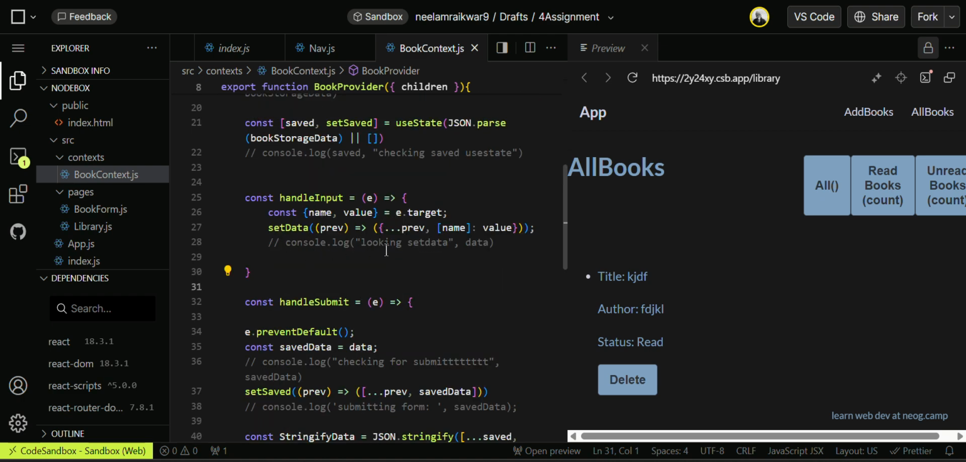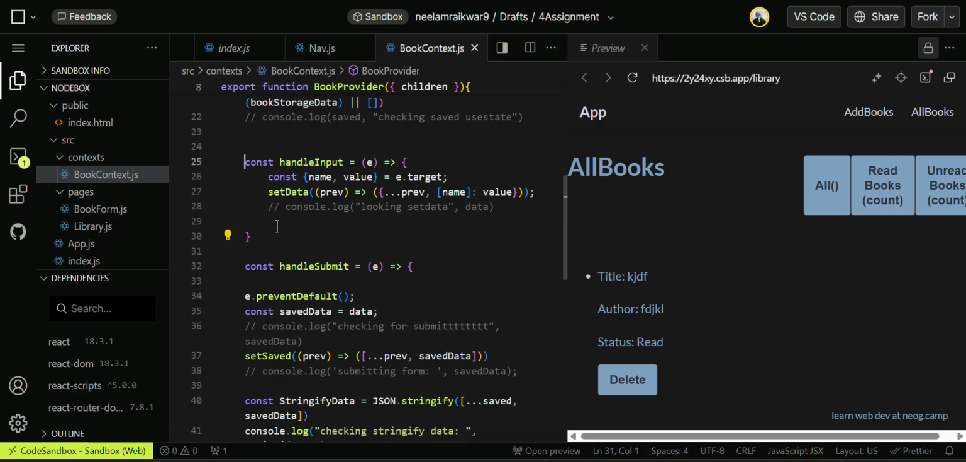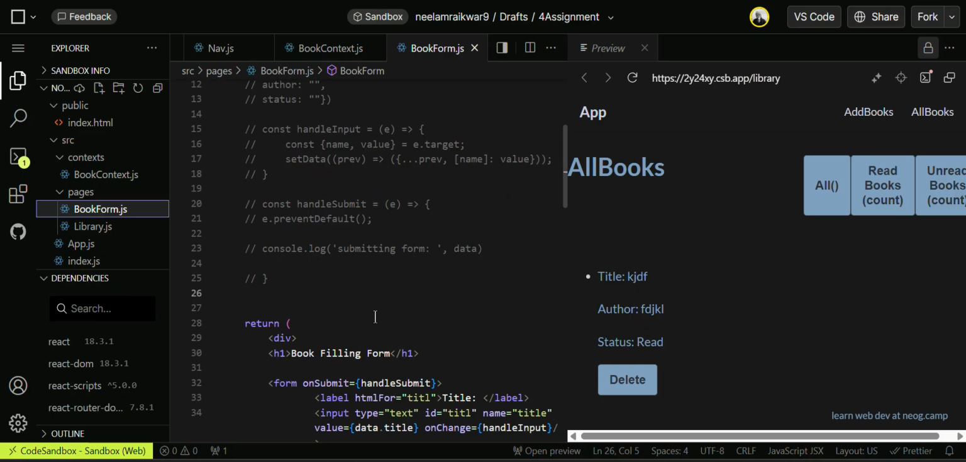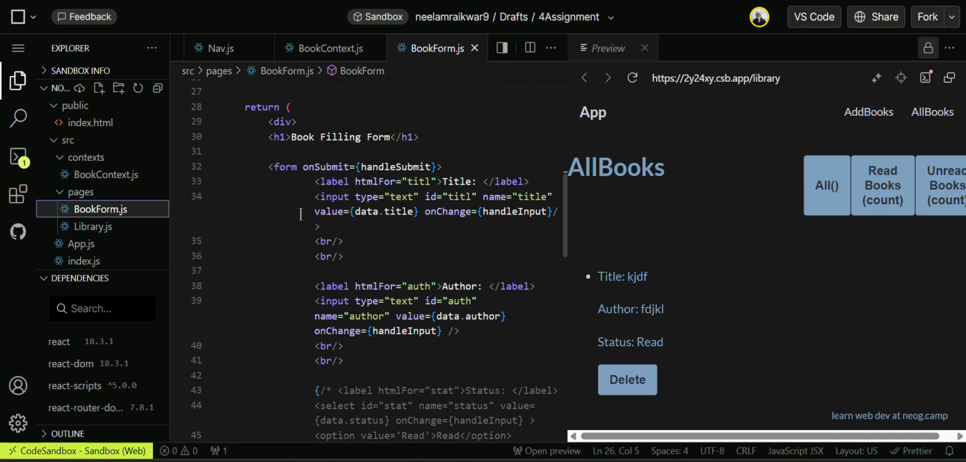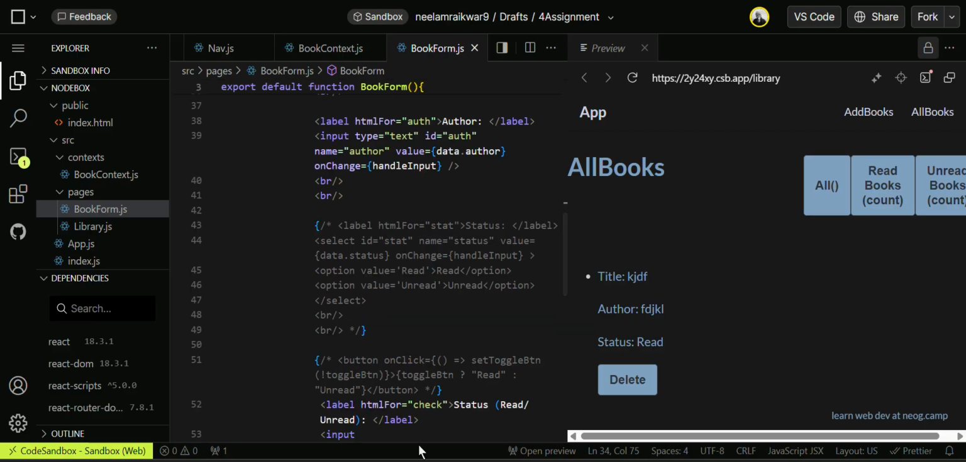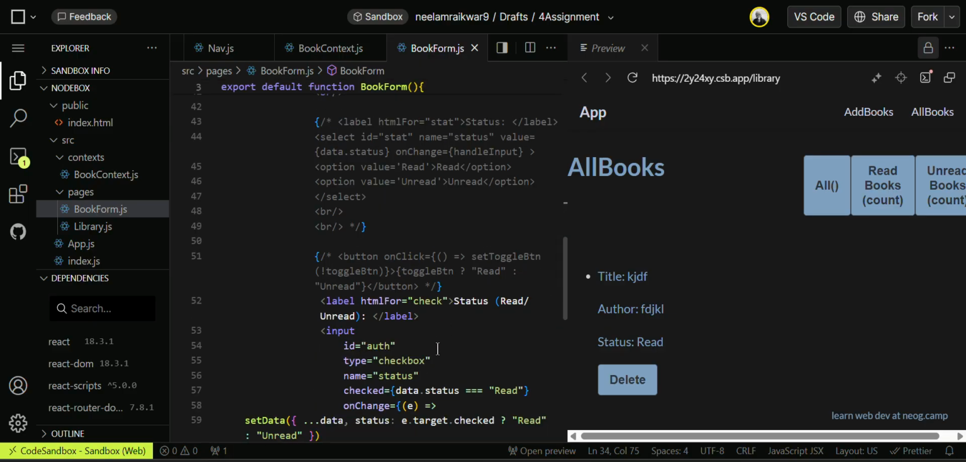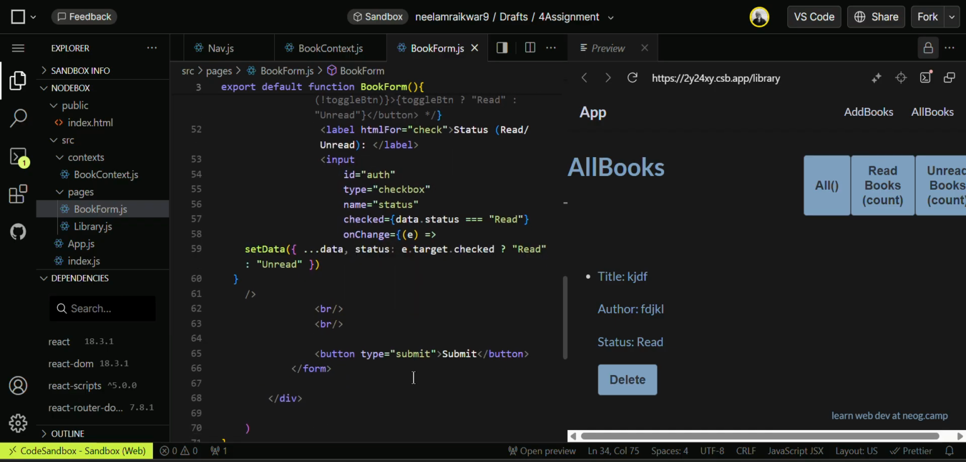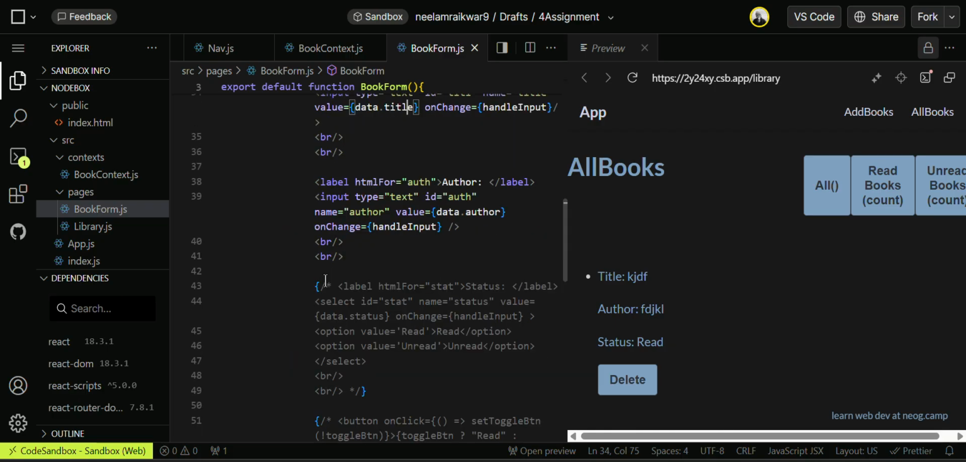name, value, target. So these values are coming from this form. Here is my book form. For value I'm taking data.title, data.author, data.status. For status I have used a checkbox here. So here is an onChange for it, and here is the submit button. So this is my form which you can see here,